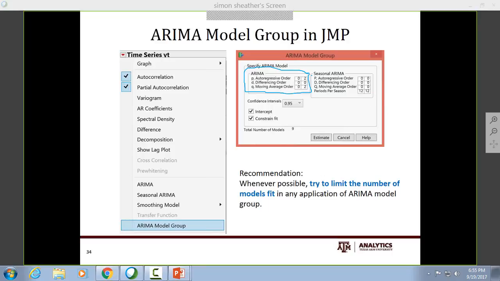You can put 10 and 10 or huge numbers here, but please don't do that. You'll see with experience that you want to try and get some idea of the maximum order out of the ESACF, the scan, the autocorrelation, the partial autocorrelations, and limit the number of these models. Because after the midterm, there is a whole box of stuff that we're going to start looking at,